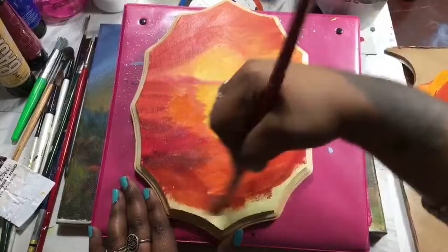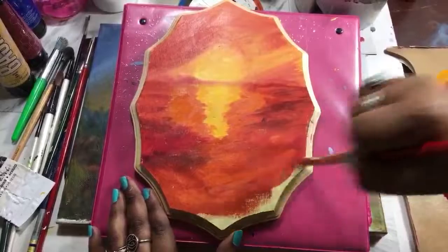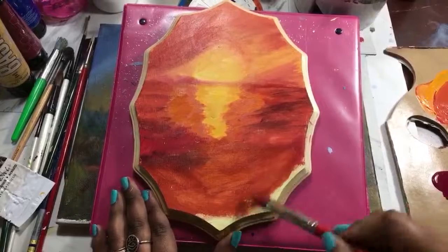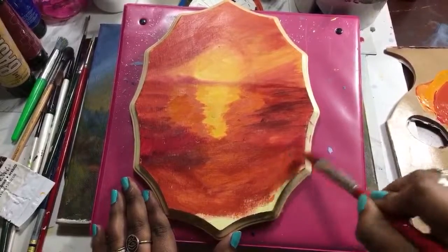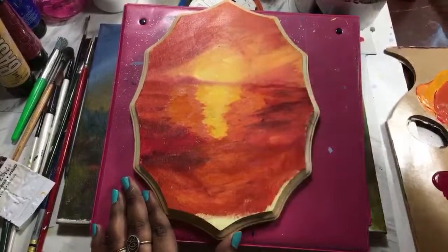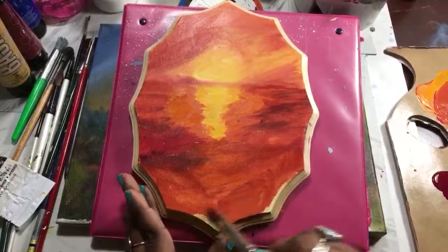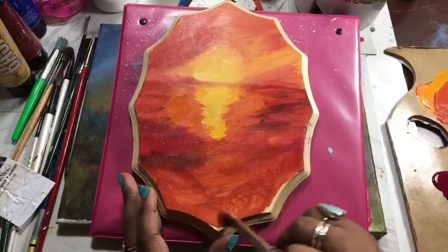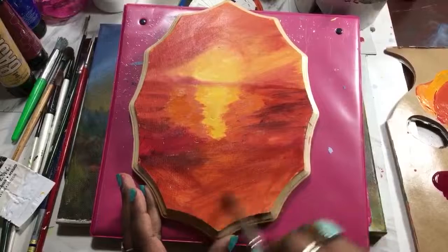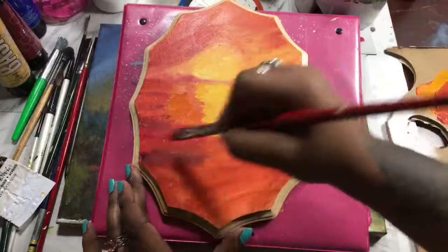because you want to signify which way things are going. You know what I'm saying? You want to signify which way things are going. There you go. Now this part right here, it doesn't really matter. I'm not really worrying about how this part looks